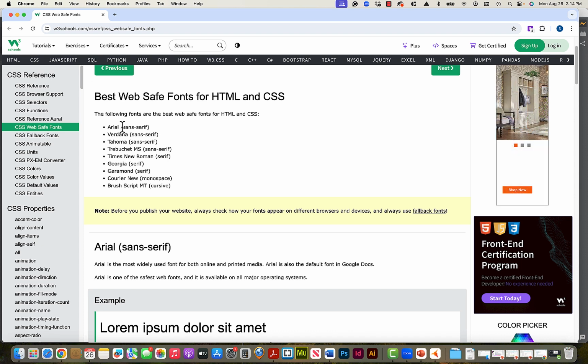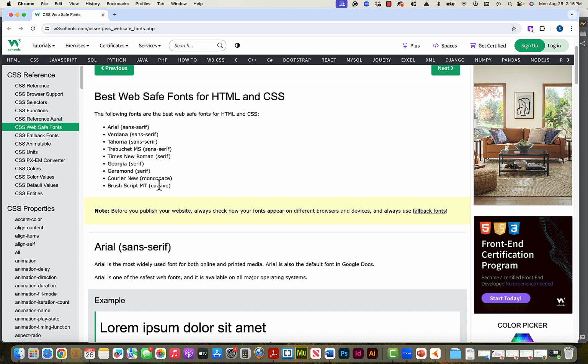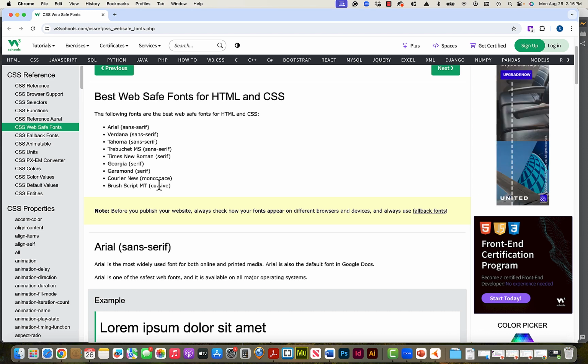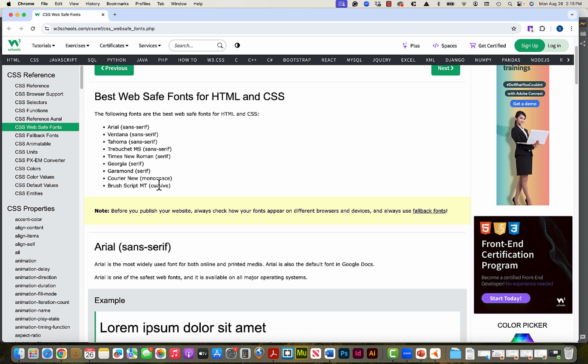So if something isn't there, typically you want to have, at the very end of your fallback, a sans serif or a monospace or cursive. Cursive being the fallback for most decorative fonts. So it's important to have those. It's important to know, not necessarily that you look these up on W3 Schools, but know that you can always look up what are web-safe fonts and which ones am I allowed to use if I am not self-hosting